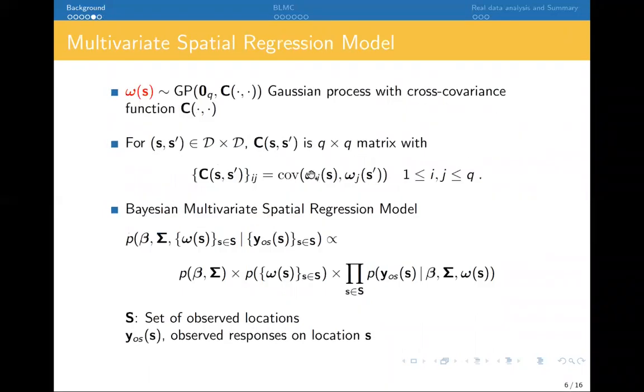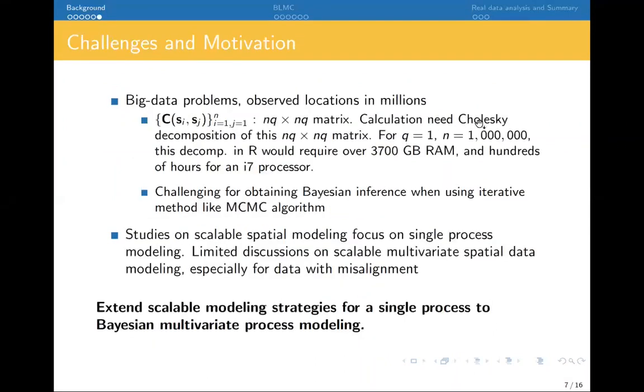So when we calculate the distribution of the latent process on all the observed locations, we need a Cholesky decomposition of the covariance matrix of the latent process. For n observed locations and Q responses, the covariance matrix will be an NQ by NQ matrix. Even for Q equal to 1 and n equal to 1 million, the estimated storage of the decomposition of such a